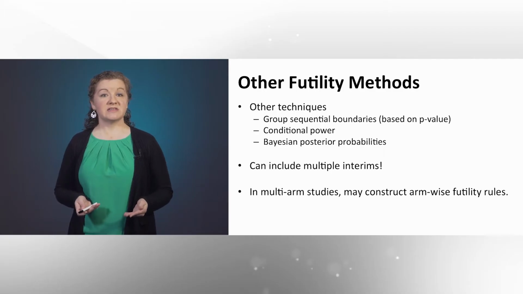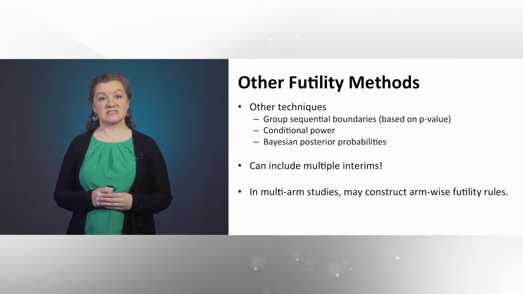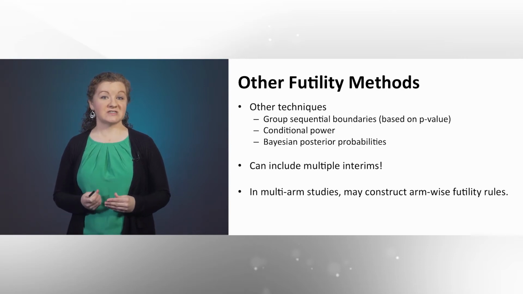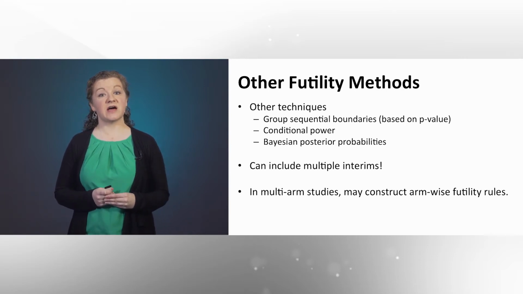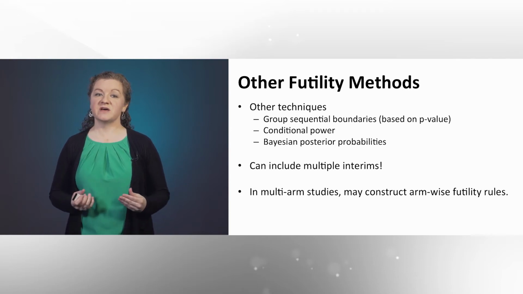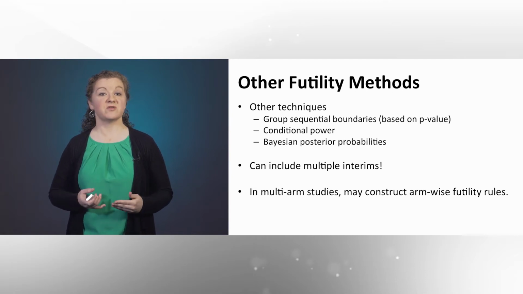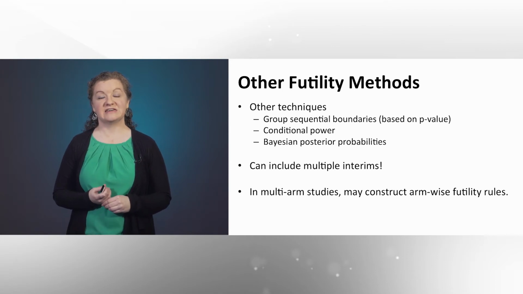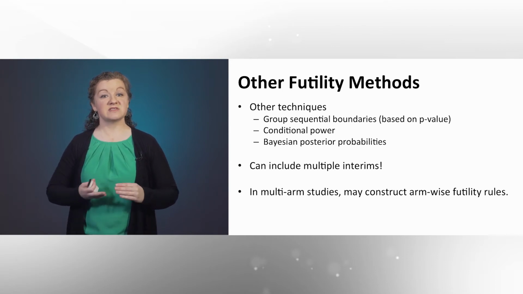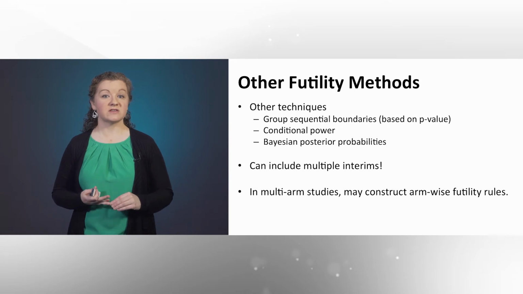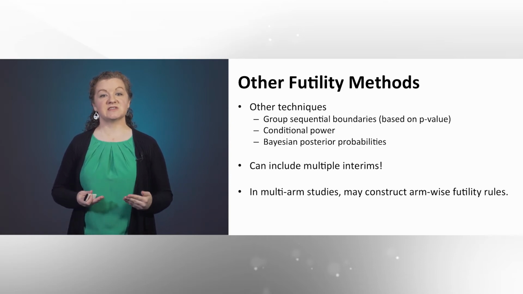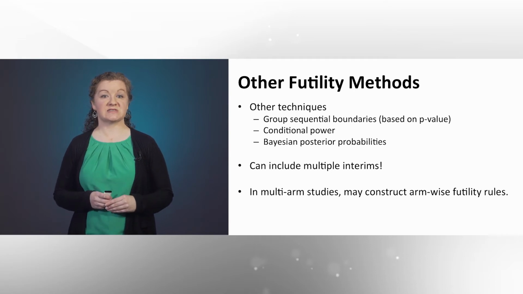So predictive probabilities aren't the only way that we can make futility decisions. There are also frequentist methods like group sequential boundaries based on p-values or conditional power. And there are some other bells and whistles that I'm not going to talk about here. Our example just had a single interim analysis, but we could also consider having multiple interims to look at futility. And when we do that, that'll come with some additional choices, such as how early do we look, how often do we look. And again, looking at simulations can help us to make those right choices.